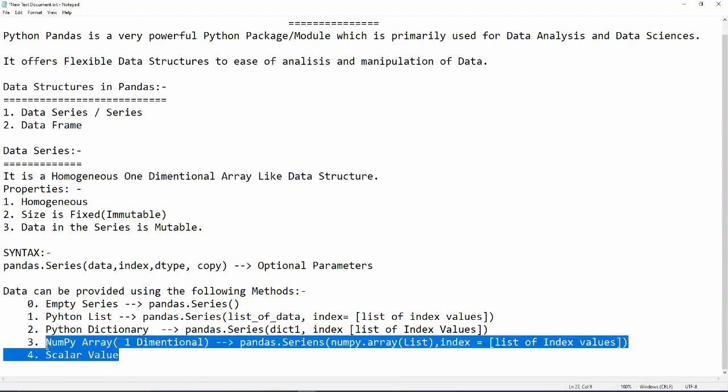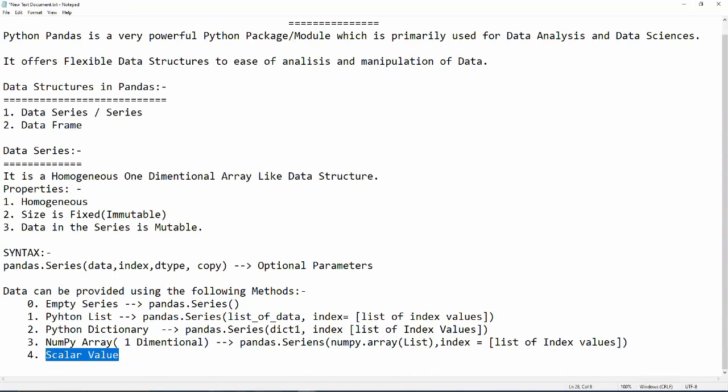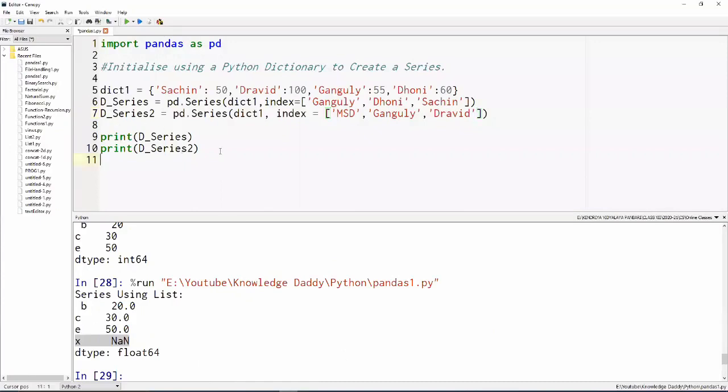Okay, so one thing which is left here is the scalar value. How do we implement a scalar value here? Very simple. You have noted down this program, right? We'll discuss the solution of this program in the next video. So keep a screenshot of this, or write it down somewhere, pause the video, and solve it in Python code if you have a Python interpreter. If you don't have one, you can install it, or you can do it on pen and paper and find out what the answer to this question should be.